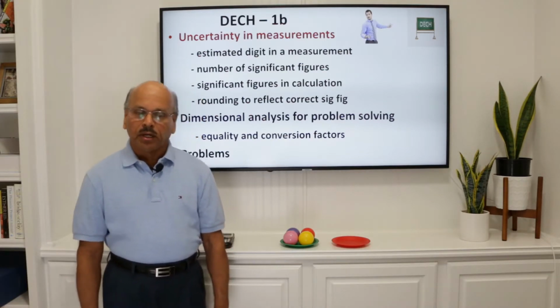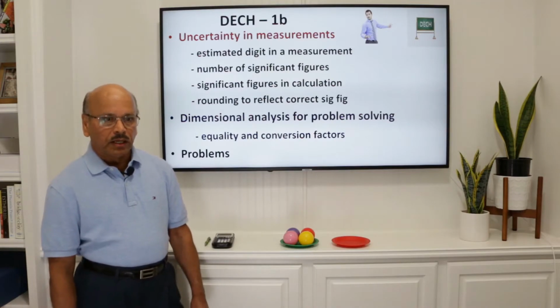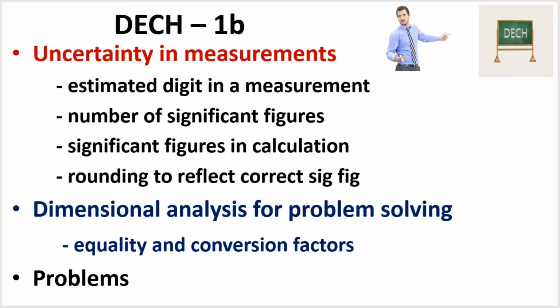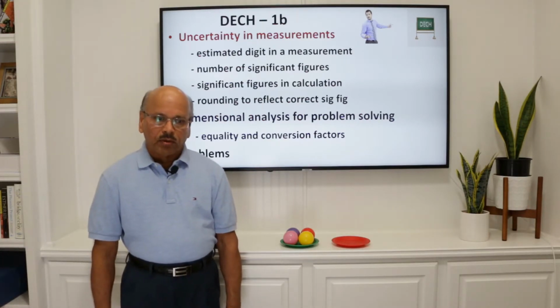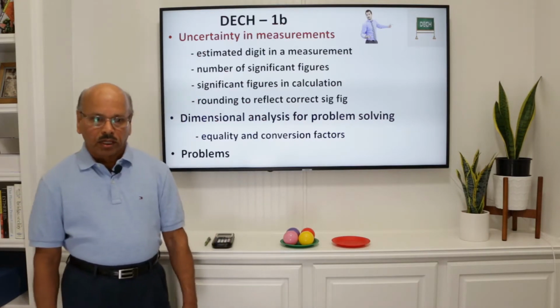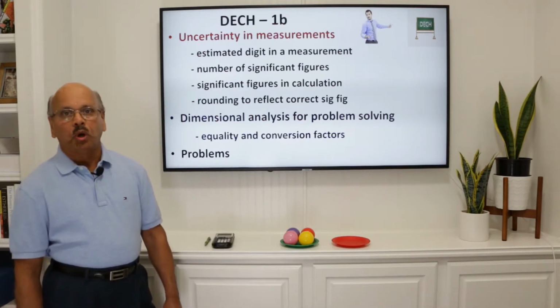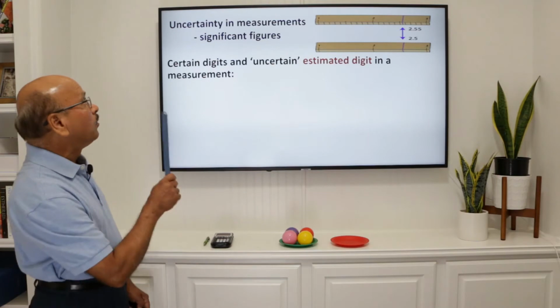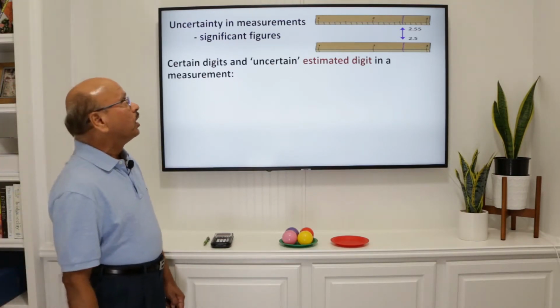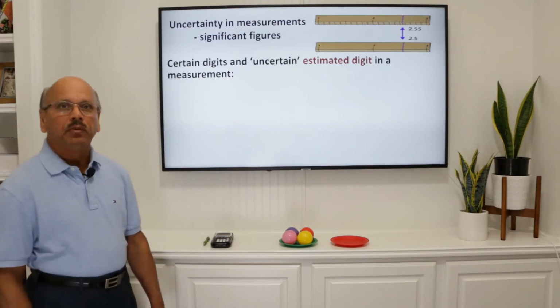In the uncertainty of measurements, we have the estimated digit in a measurement, the number of significant figures in calculation, and also rounding numbers to reflect the correct number of sig figs. For dimensional analysis, we have equality and conversion factors, and then we'll do a few problems to make everything clear. Uncertainty in measurement, and how many significant figures should be in that measurement,